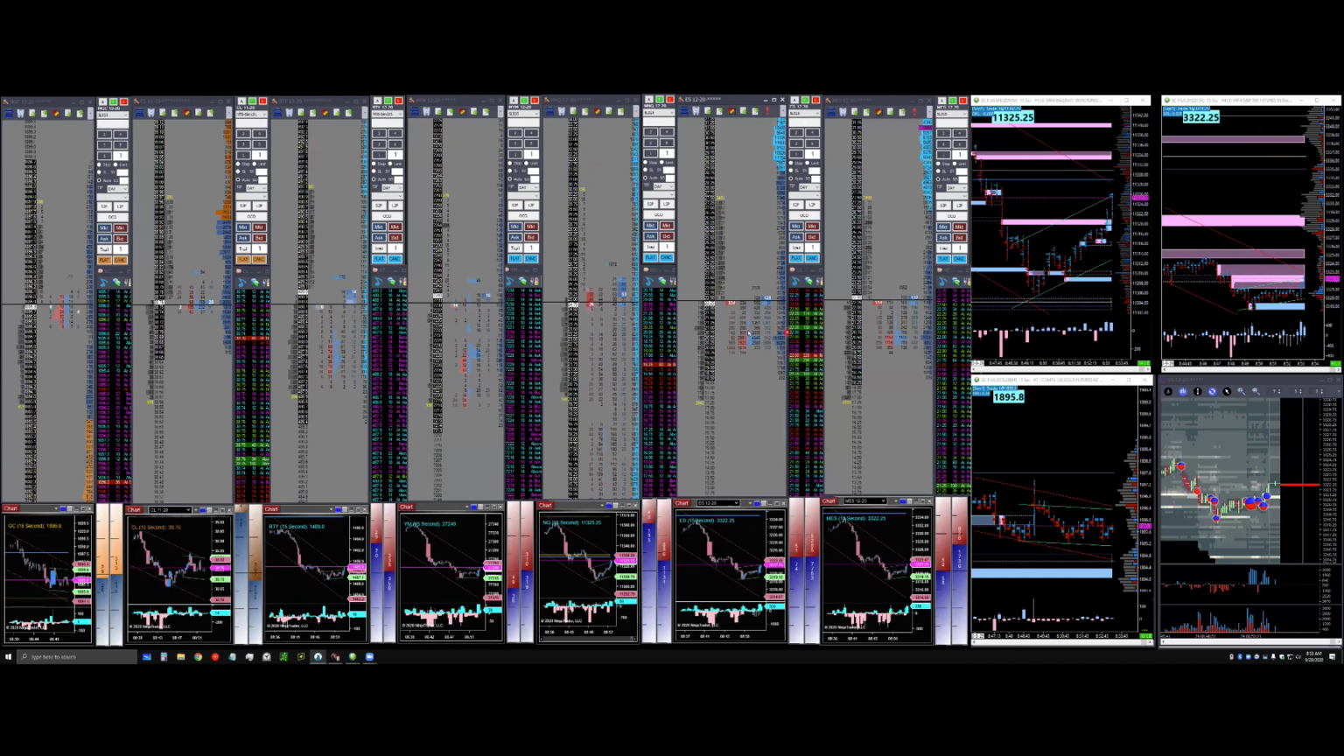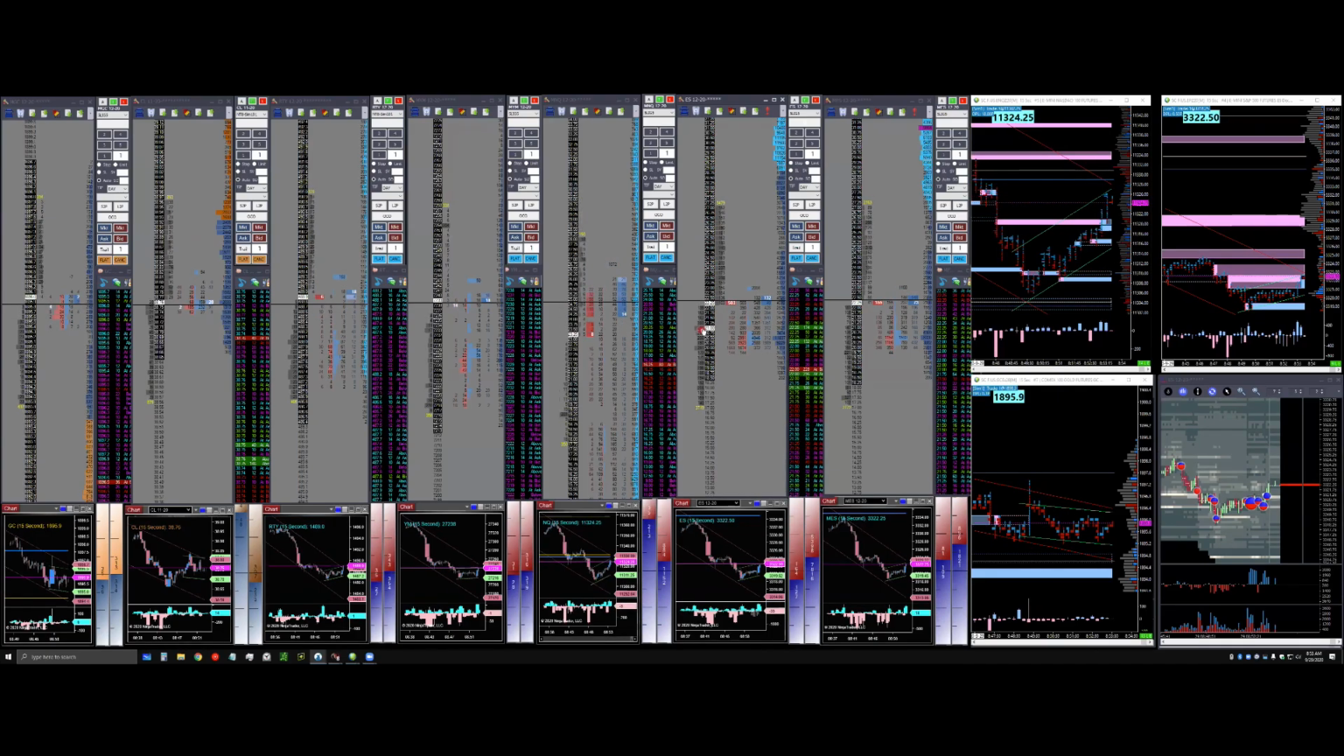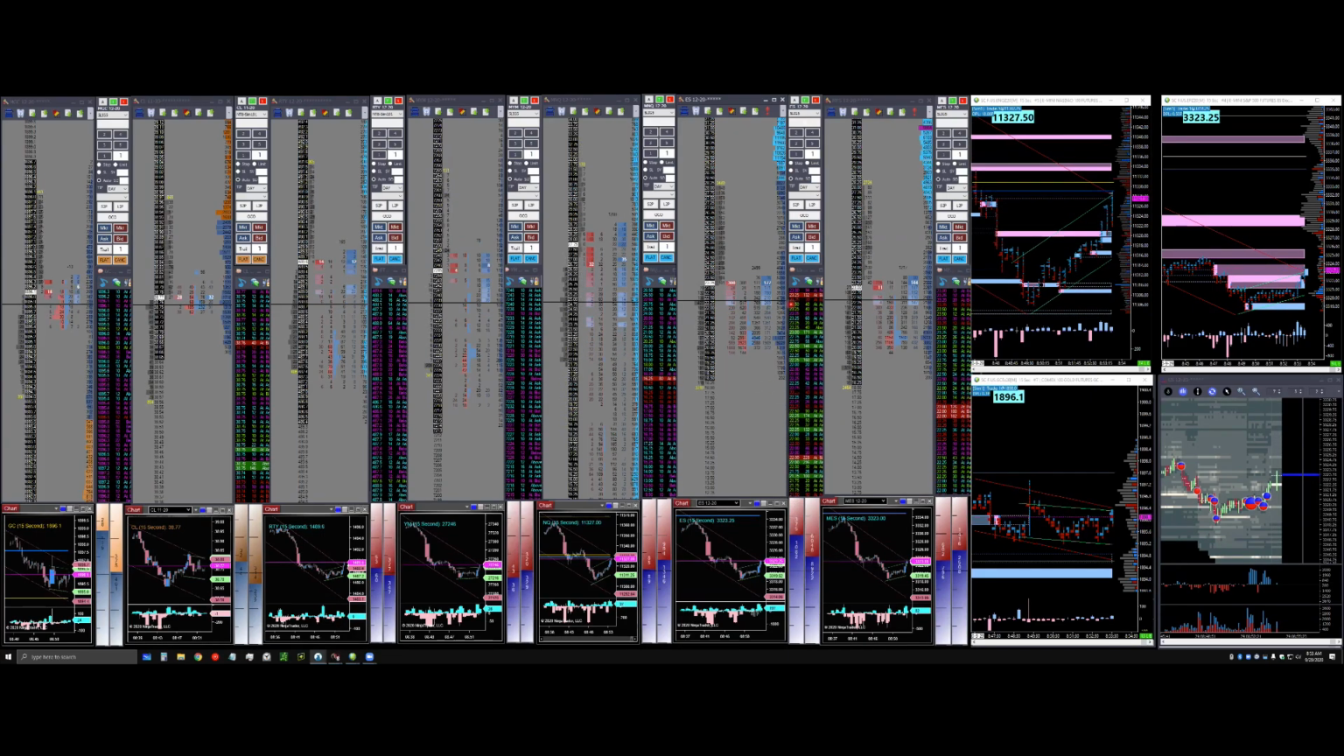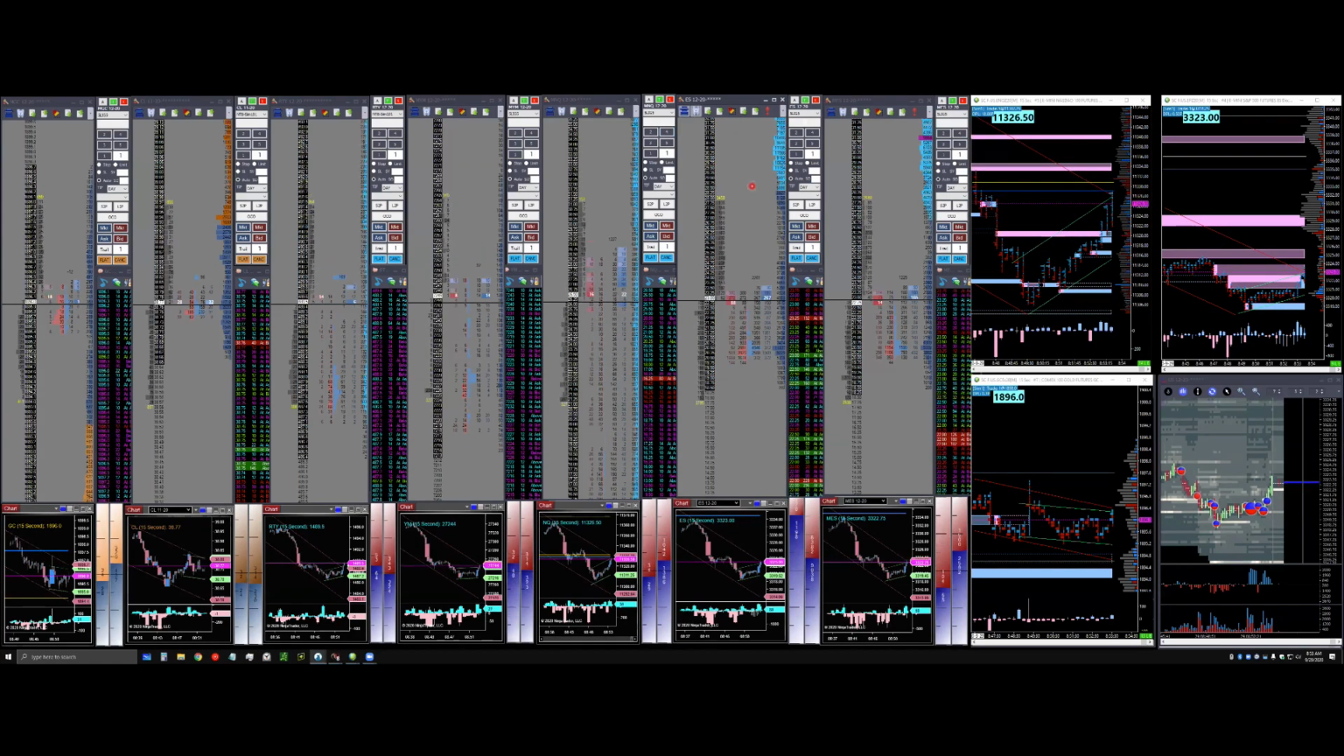Right, and this high volume node held us. And now that might be the end of it. That trade's over. But you can see how it's set up. And now you can see, people are getting stopped out. The guys that were short down there are running for cover. So that was a perfect example of how